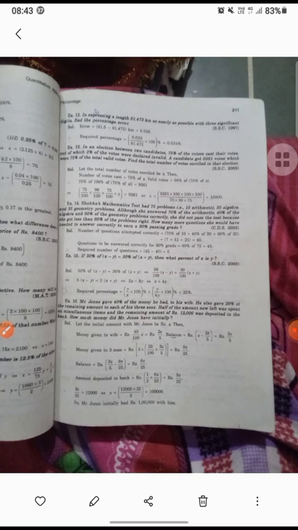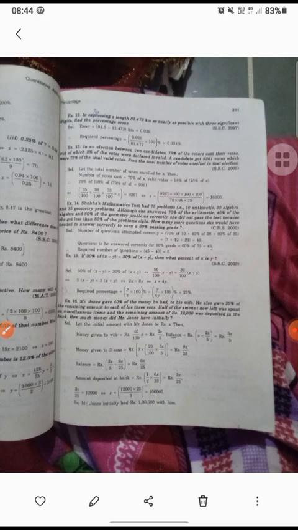Now he has given to the 3 sons 3 into 20 upon 100 into 3x/5, that is the remaining money, and he'll get 9x/25, because half of the amount was spent on miscellaneous items, and he also gave 20% of the remaining amount to each of the 3 sons. So 3 into 20 upon 100, and remaining, he is saying the remaining, that means it was 3x/5, and now the balance remaining is 3x/5 minus 9x/25 equals 6x/25.